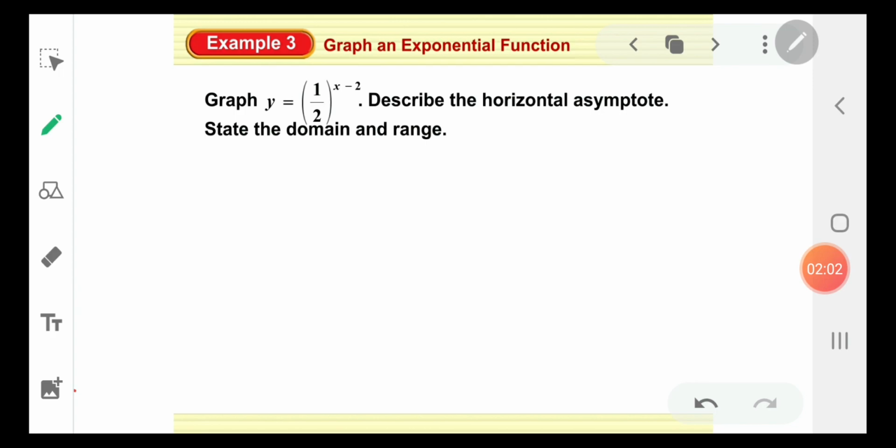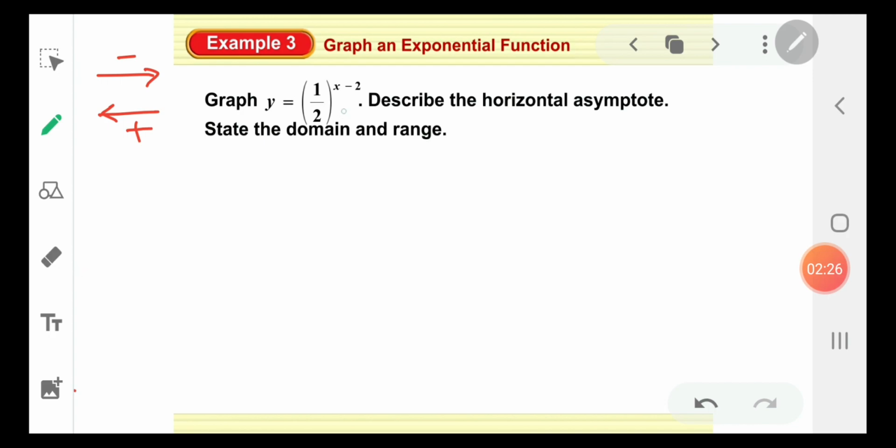And as we explained in 8.1 in the previous tutorial, when you subtract a certain value from x, it means this function is going to be shifted to the right. When you subtract, the graph is translating to the right, and when you add, the graph is translating to the